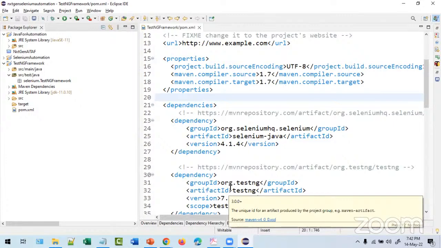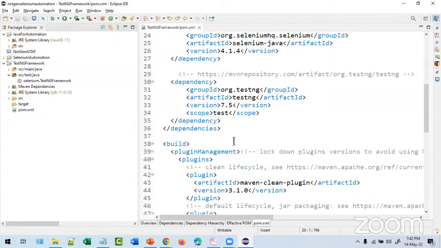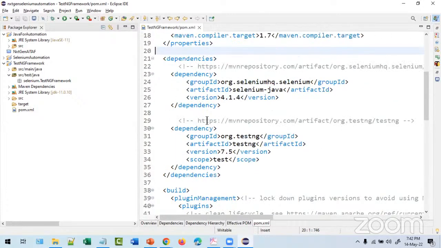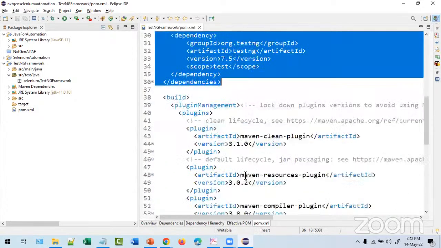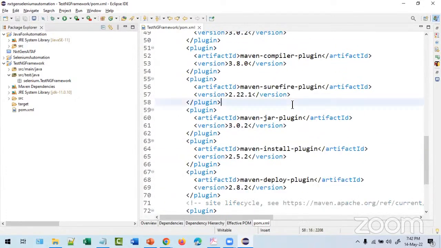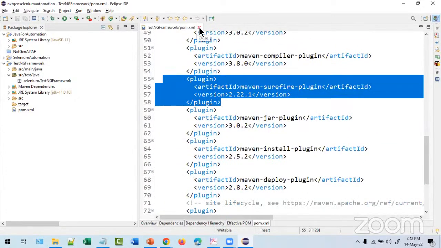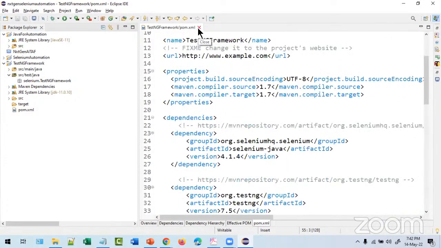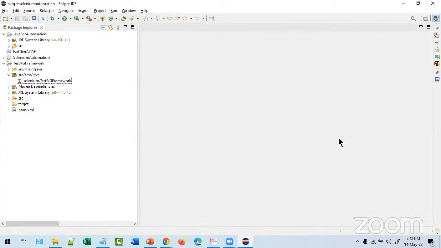Upgrading the version or downgrading the version, everything in pom.xml. As of now, dependencies we added. This thing, artifact ID, Surefire plugin, we will see it later. So once this is done, just close this.